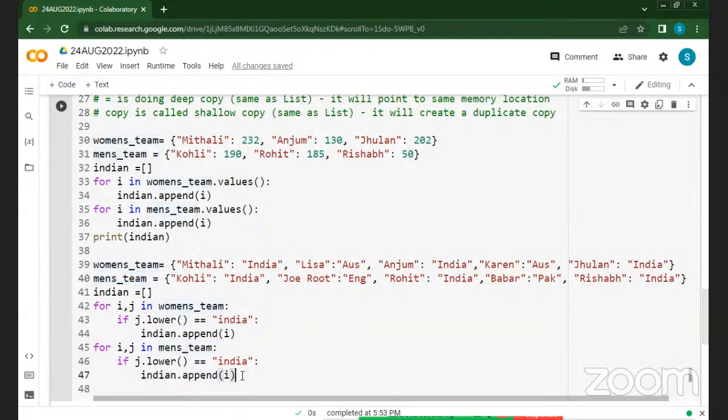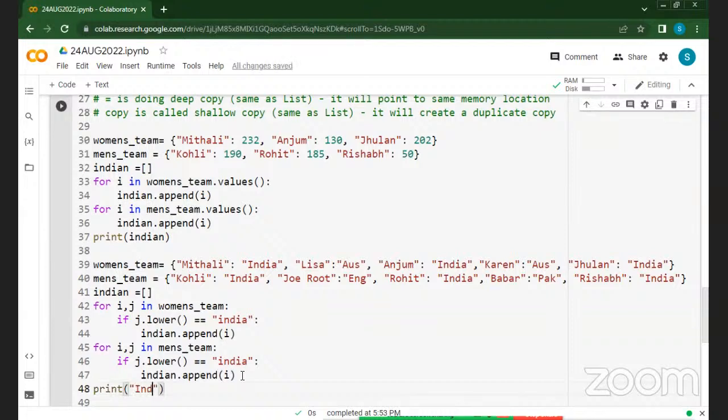Okay, so I can say print, Indian players that appear in the list are, and you can say \n comma, Indian. Okay, now when we run it,